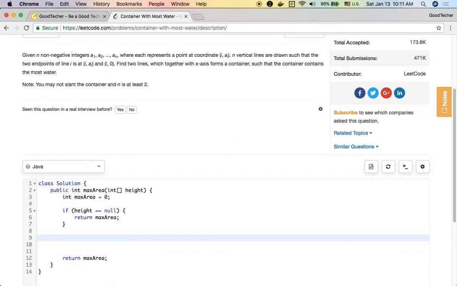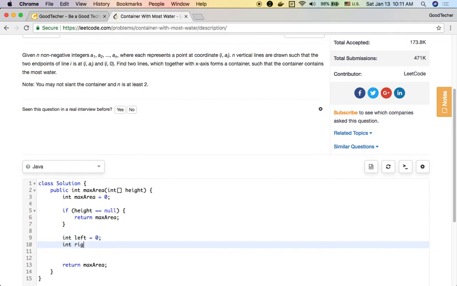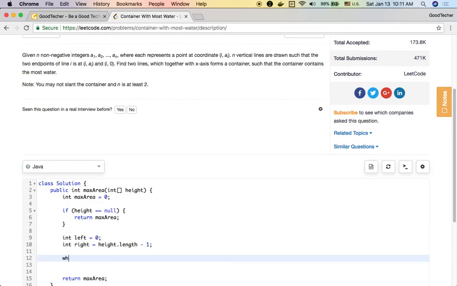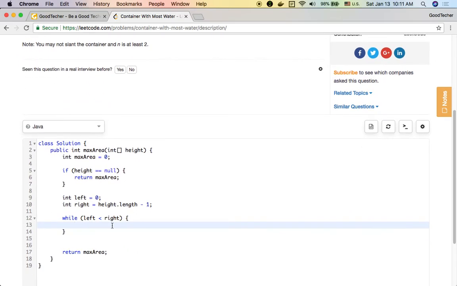And then we can have our 2-pointers technique. So left starts at index 0, and right at the last element of this array. So the last index is height.length minus 1. While left is less than right, they don't meet each other, we should do this. So before this, we can have